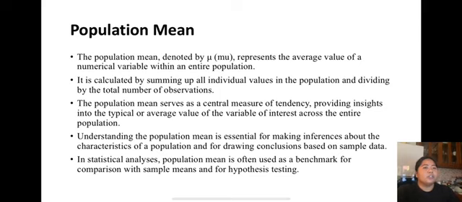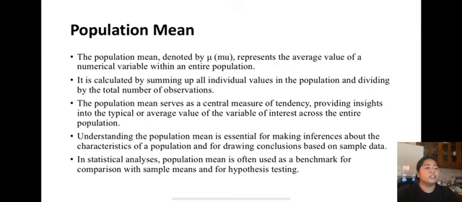within an entire population. It is calculated by summing up all individual values in the population and dividing by the total number of observations. The population mean serves as a central measure of tendency, providing insights into the typical or average value of the variable of interest across the entire population. Understanding the population mean is essential for making inferences about the characteristics of a population and for drawing conclusions based on sample data. In statistical analysis, the population mean is often used as a benchmark for comparison with sample means